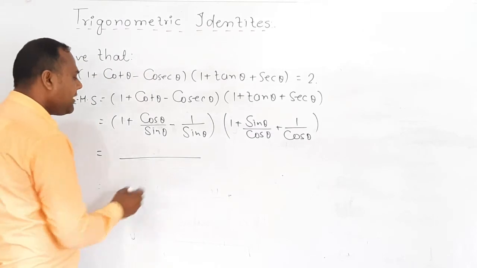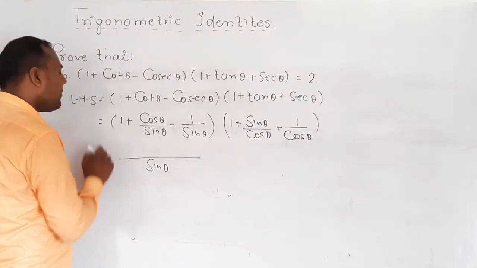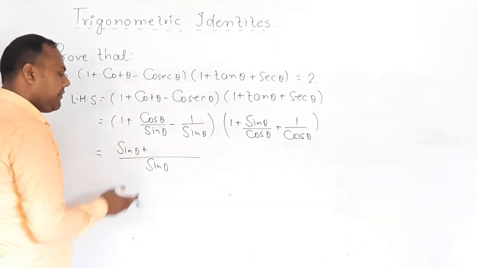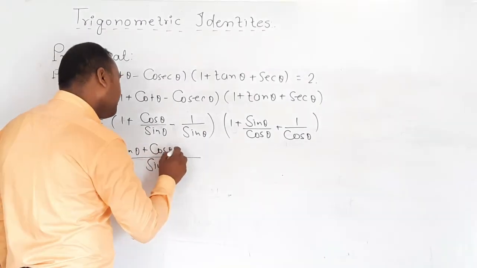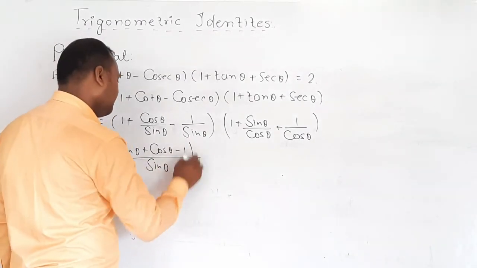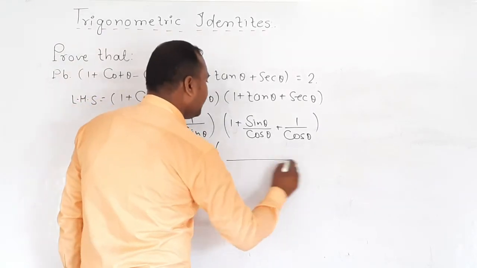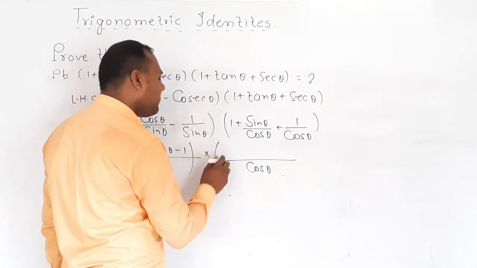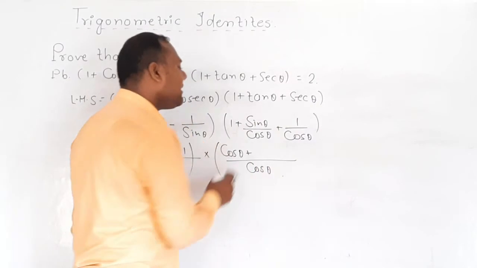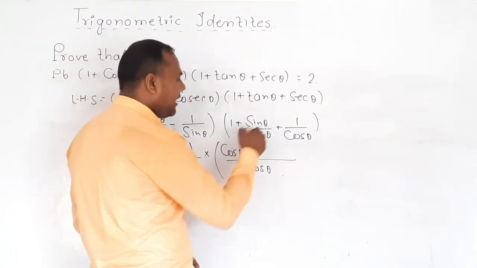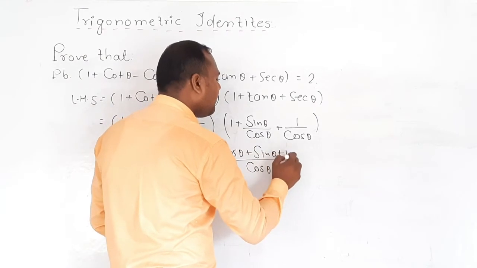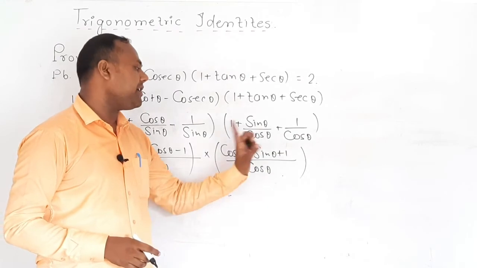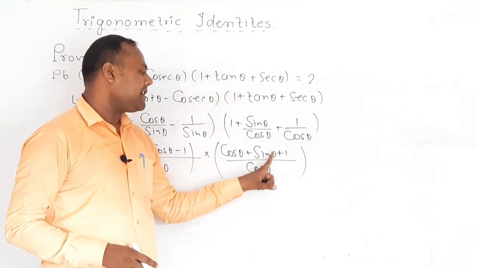After finding the LCM, this is the sine theta, and sine theta multiplied by 1 is sine theta, and plus these terms remain same, that means cos theta minus 1, bracket close. And also in this section cos theta will be LCM, and cos theta multiplied by 1 is cos theta, and the remaining part will be constant, same as sine theta plus 1. Why so? Because in this section cos theta and cos theta are same in the denominator. That's why we can say sine theta plus 1 in the same way.